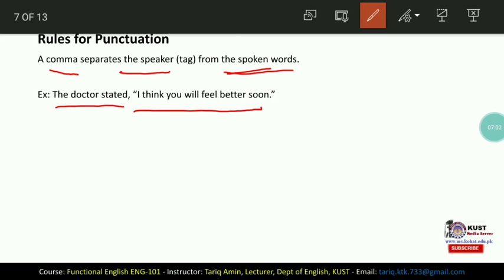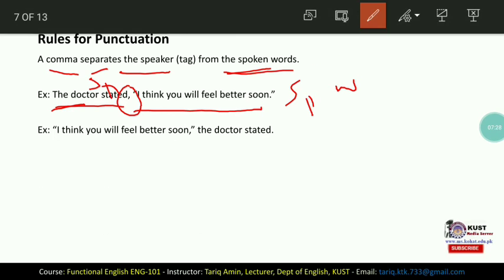The doctor stated is the speaker, and the rest are spoken words. We can see that the comma has been used in order to separate the speaker from the spoken words.